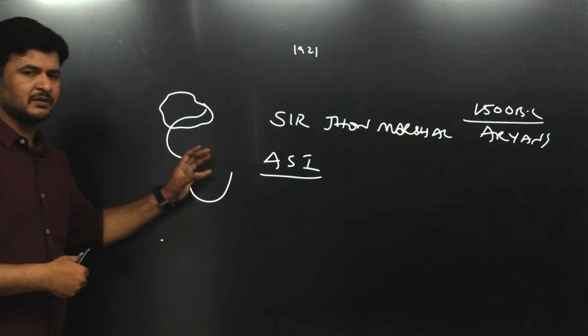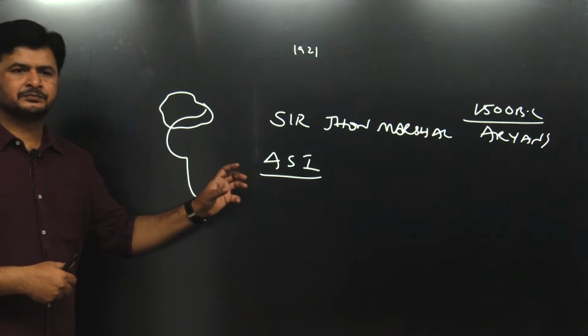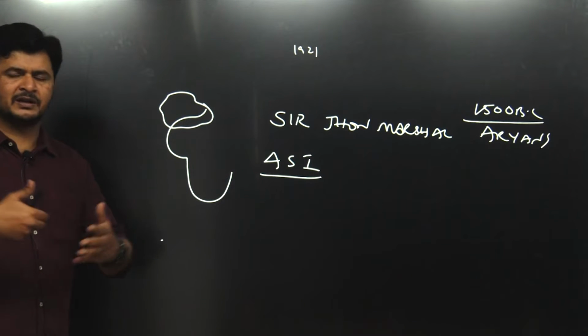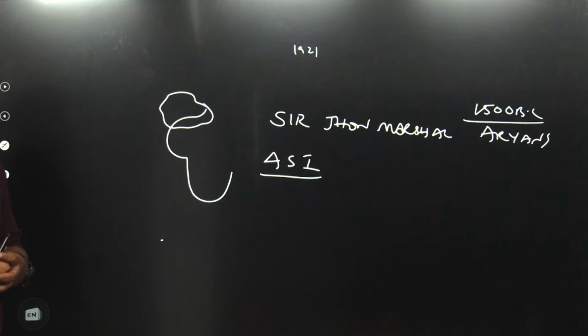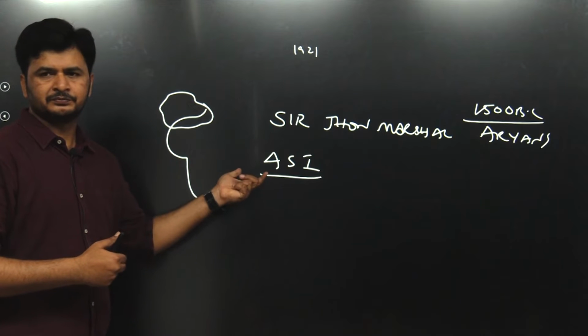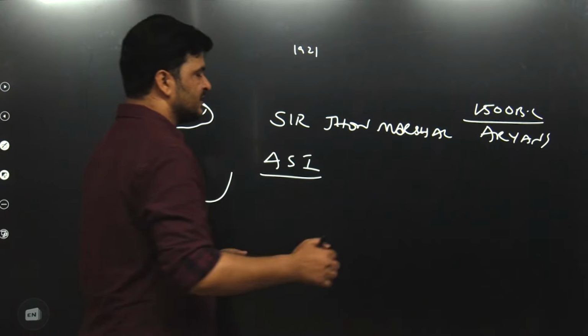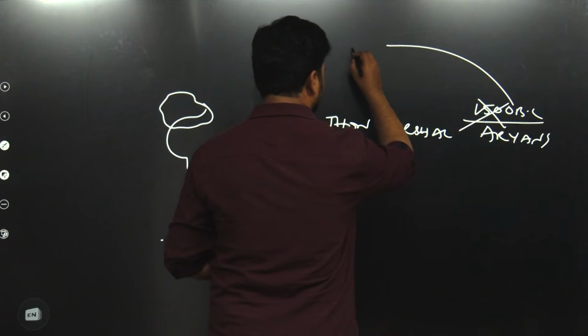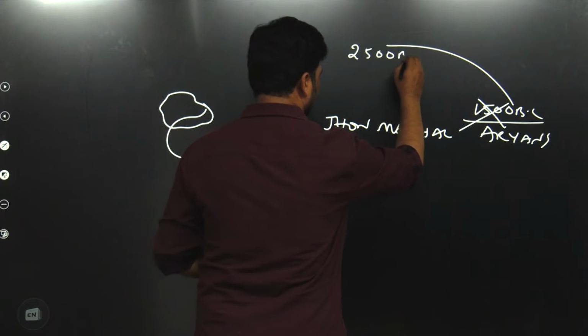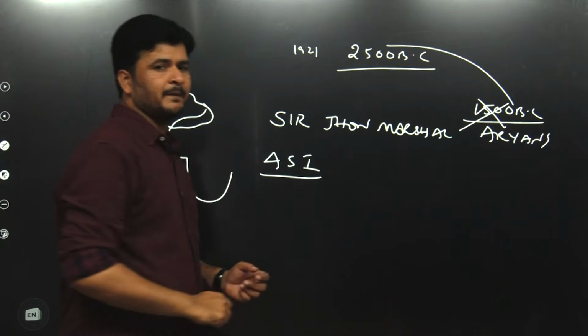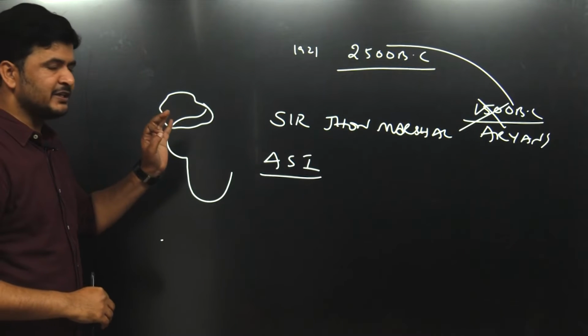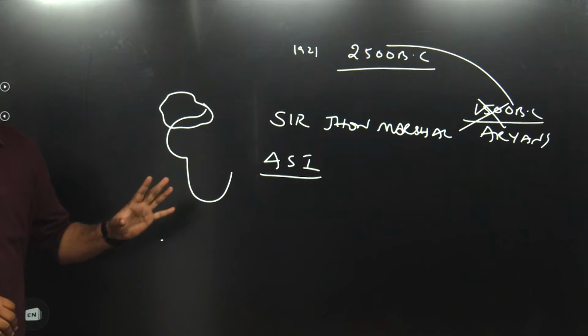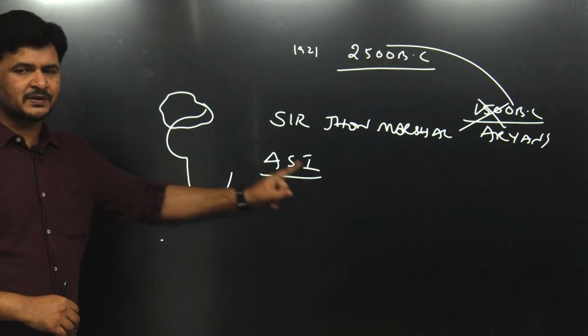Under the guidance of the gentleman, we have Dayaram Sahni, R.D. Banerjee, a group of archaeologists. I'm talking about Indian archaeologists. The outcome: the most ancient civilization was discovered by this group. Thereby, the history of India dated back not to 1500 BC, but to 2500 BC. So until 1921, there was a perception among these scholars that the history of India starts from the advent of the